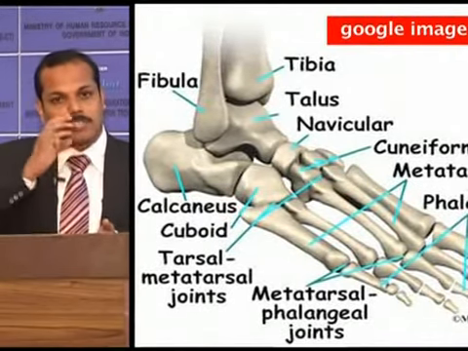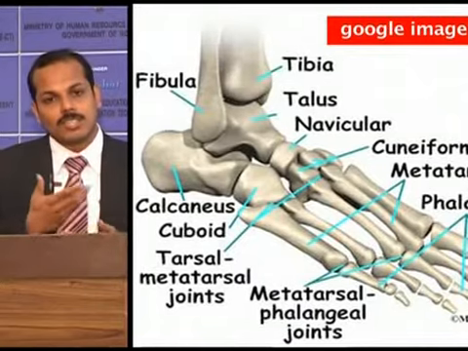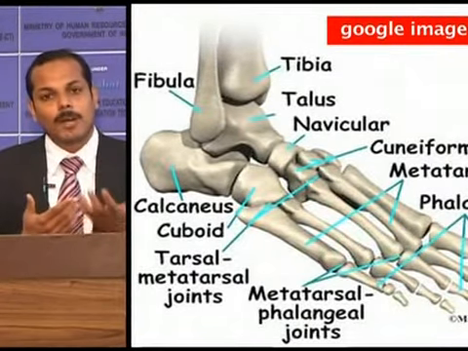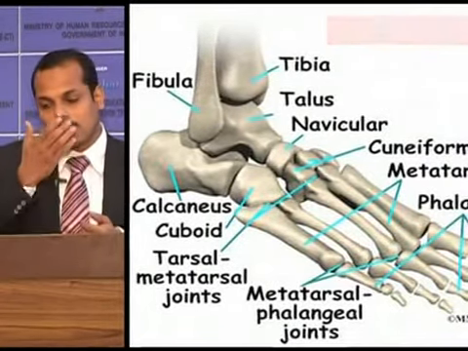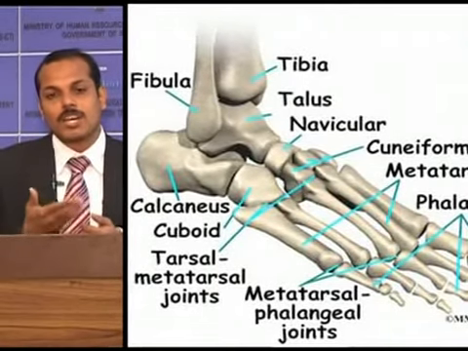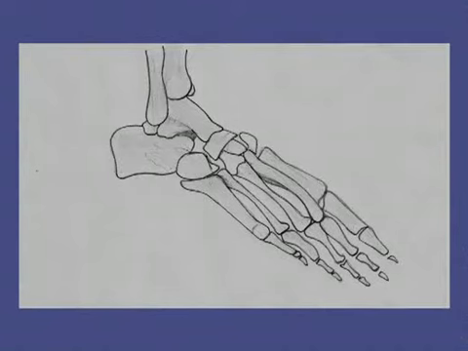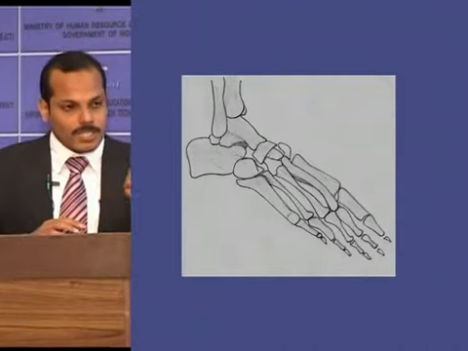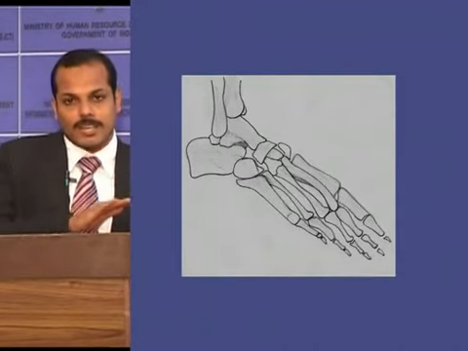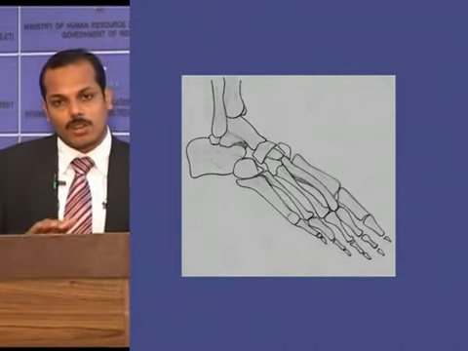The proximal end of the tibia, as already discussed in the knee joint, forms part of the knee joint, and the distal end of the tibia forms the ankle joint along with the fibula. The distal end of the tibia sticks out under the skin on the medial side, and this area is known as